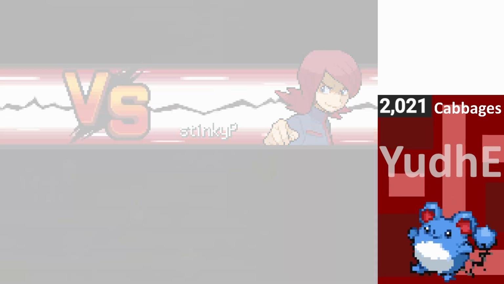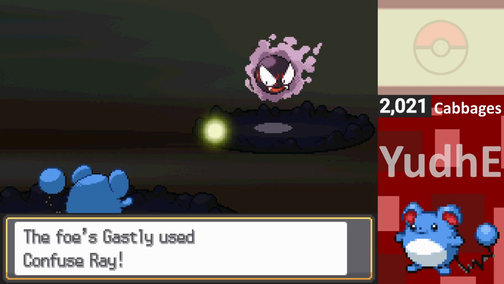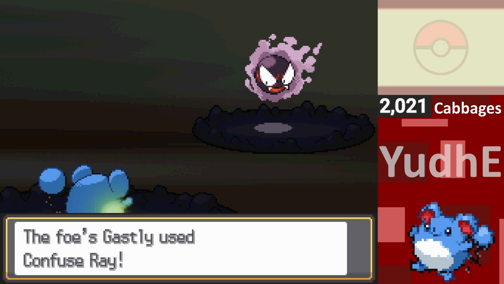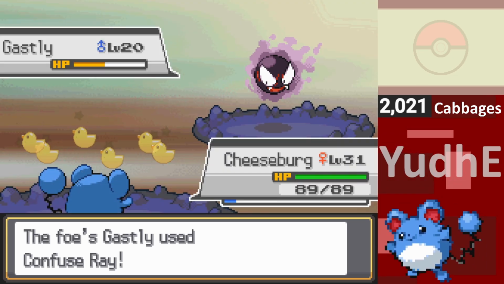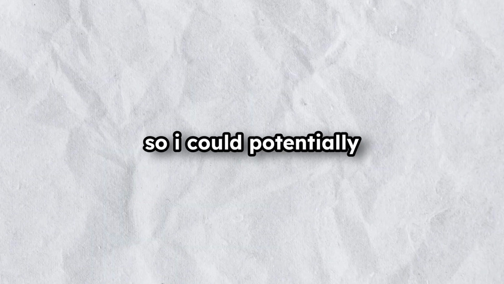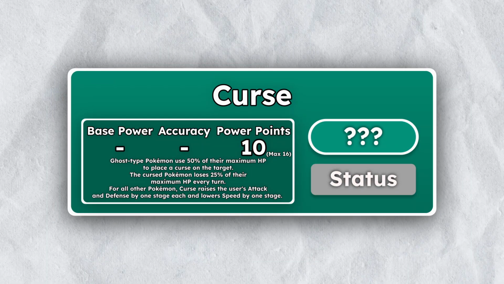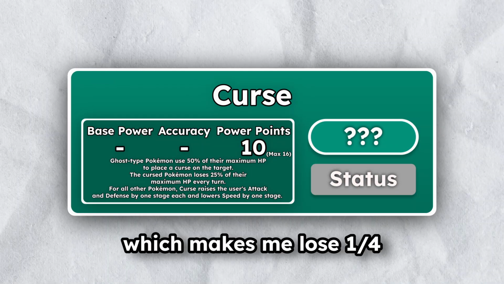Stinky Pete opens up the battle with Ghastly. I order Cheeseburger to Rollout. Meanwhile the Ghastly goes for a Confuse Ray. This is bad because this increases the chance that my Rollout is interrupted, so I could potentially lose all the power gained. However, this was actually better than Ghastly using the move Curse, which makes me lose 1/4 of my